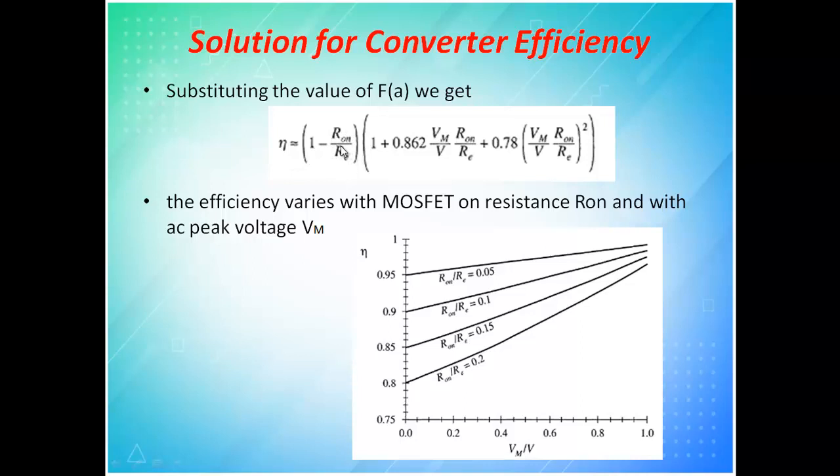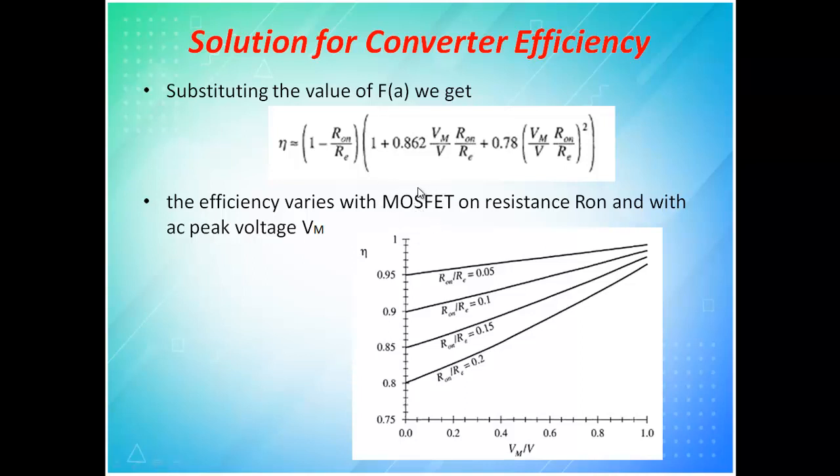So we come to a conclusion that your efficiency depends upon the on-state resistance of the MOSFET and the term RE. RE depends upon your duty cycle, or the way in which you transfer from input side to output side. You might have thought in your UG what the MOSFET is going to do, but only the proper selection of MOSFET will yield a good result for your circuit. You cannot use all MOSFETs for all applications. If you are doing a particular application, you have to properly select the MOSFET. There are thousands of MOSFETs available, but you have to properly select.